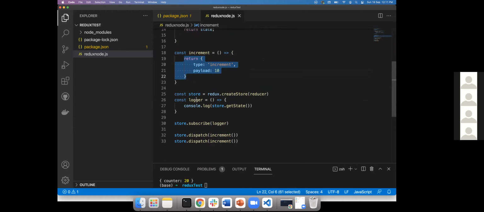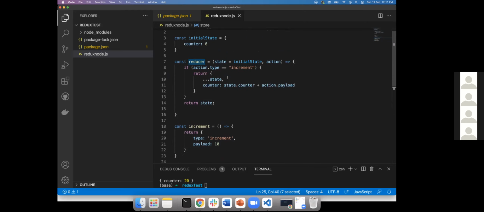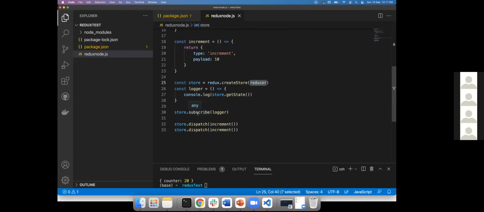So how to create a Redux store? There is a method produced by Redux called createStore, and you have to pass your reducer. Currently I have created only one reducer. I'm passing a reducer. Then I'm adding a subscription for one of the methods I'm writing, that is a logger.